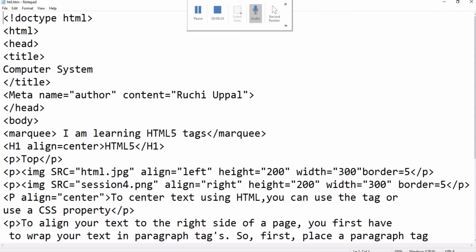Basically we use lists to organize the information and present it in a structured manner. It can be an ordered list or an unordered list. Let's see how to create a bulleted or unordered list. For that we simply use UL. We call it a bulleted list also, or unordered list, which is used to show the items not in a particular order. Bullets are used to list the content in a way that looks organized.